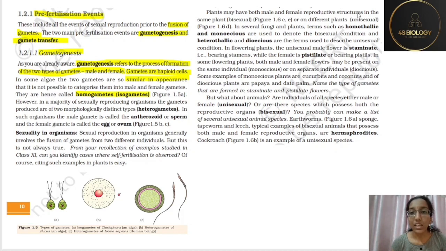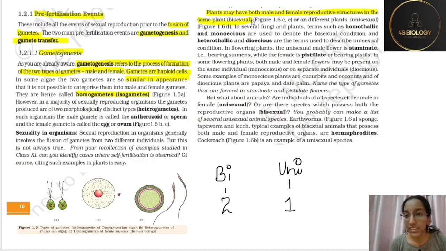So in plants, the same idea: you have bisexual and unisexual. Bisexual means both male and female are in the same plant. Unisexual means you have either the male reproductive structure or the female reproductive structure. If you can see here, they have mentioned that in the same plant is bisexual, or on different plants is unisexual. In several fungi and plants, terms such as homothallic and monoecious are used to